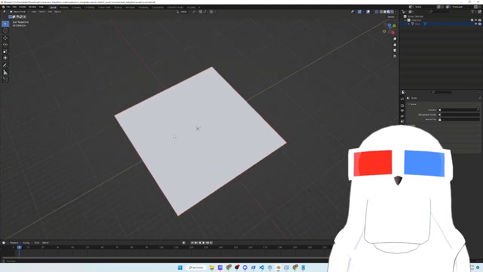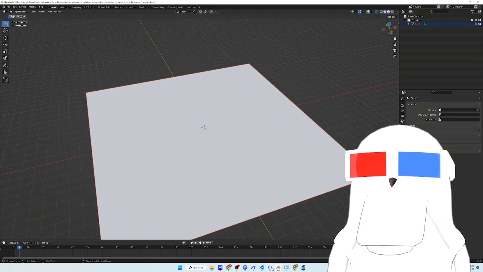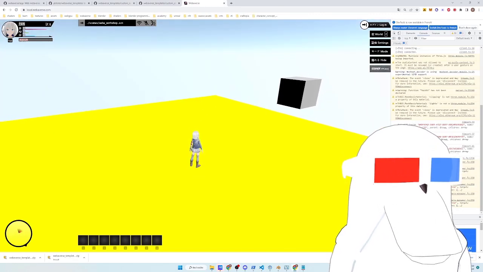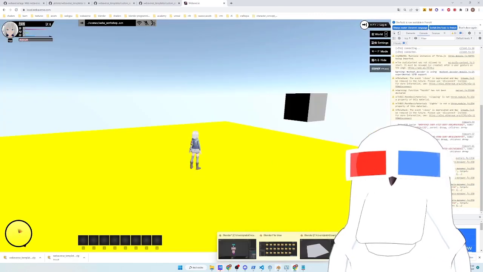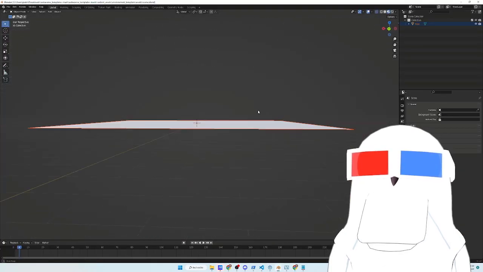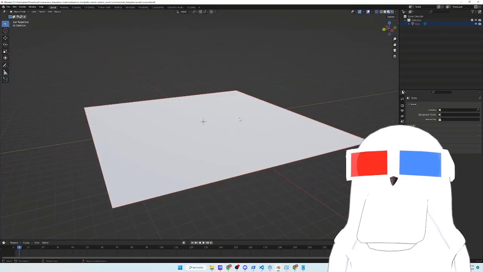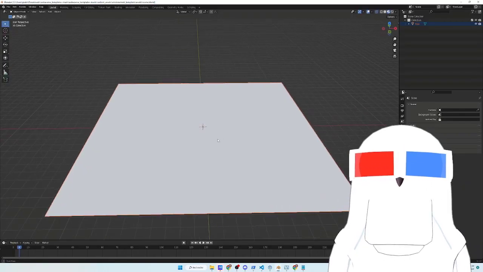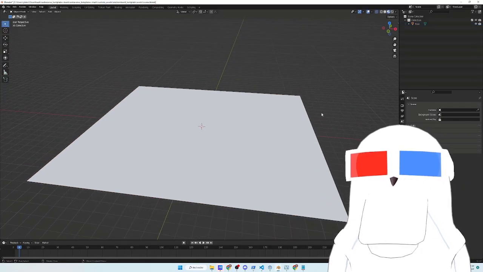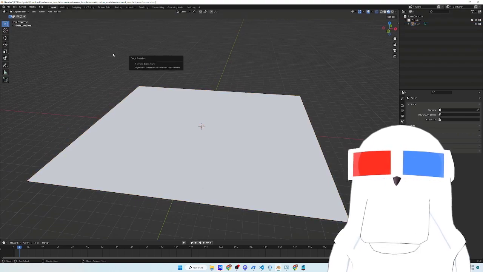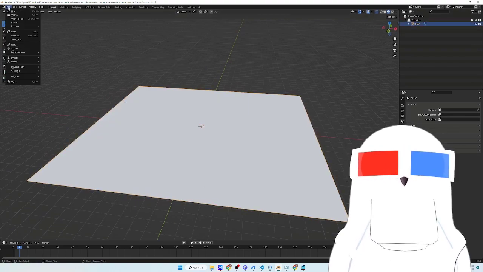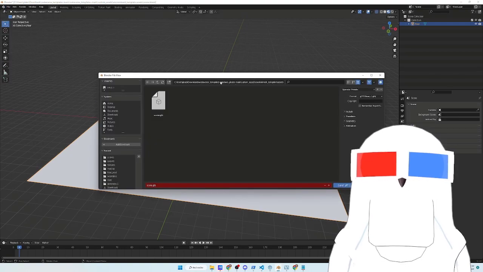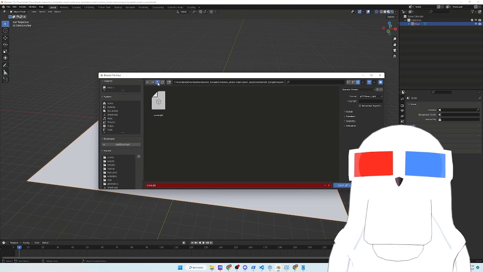Okay, so this is the actual scene that we're in. This is the exact same files. Actually it's not the exact same, because here you have a cube that I certainly added, but it won't change anything. What we're going to do is take this, to show you that it's the exact same file, export it as GLB, and I want to put it where I have actually put it,